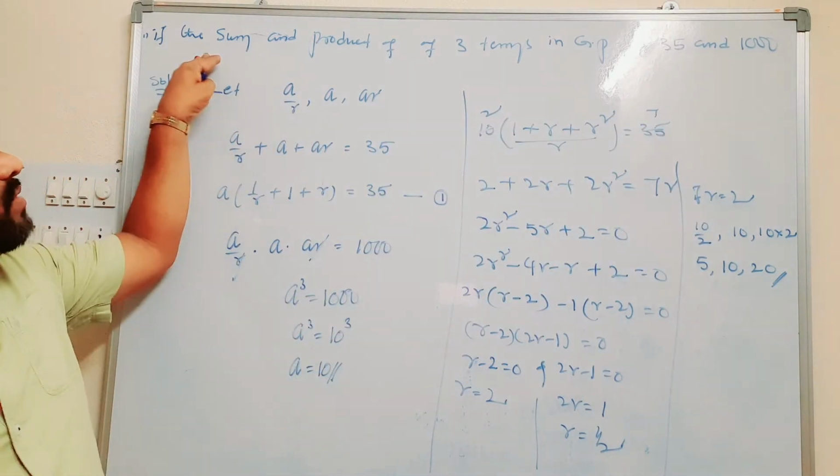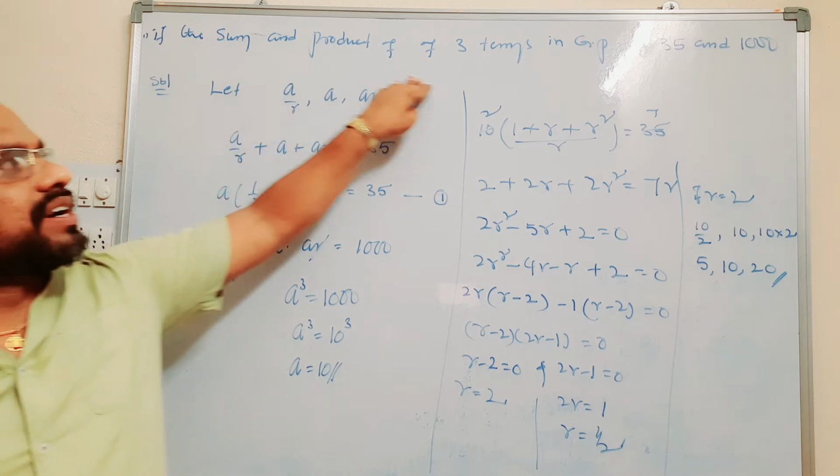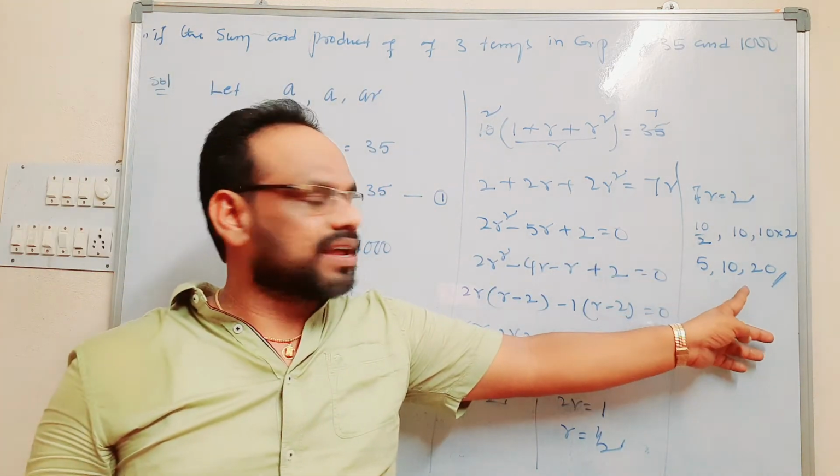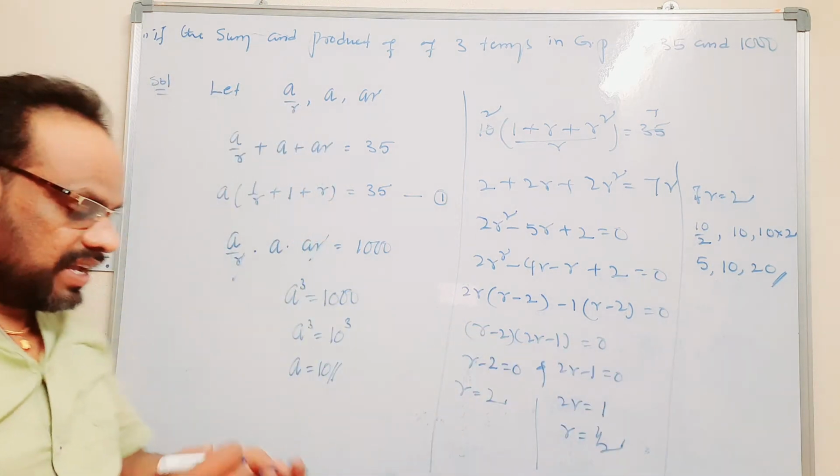So the sum and the product of three terms in GP is 35 and 1000, and the numbers are 5, 10, 20. Next one,